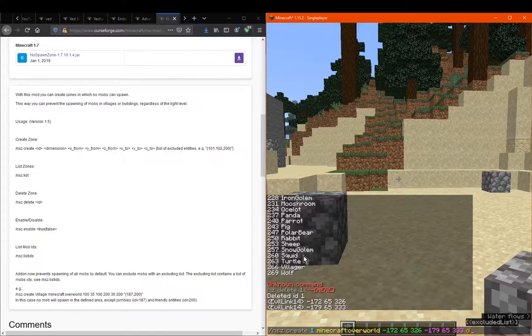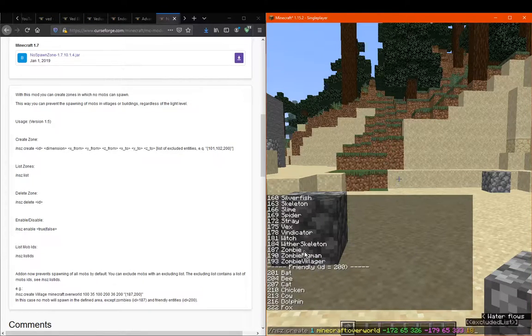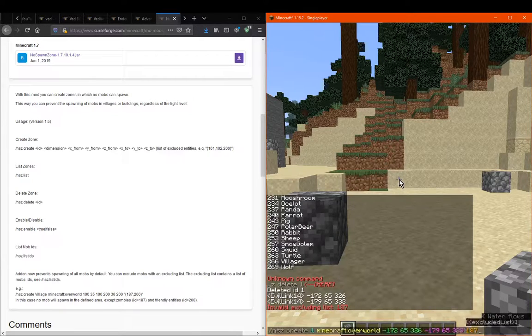So if we want to prevent, for example, a zombie, we can go to 187. I don't know if we can put, we can't do a comma, and we can't do anything else. So putting any other numbers I don't think does anything. So yeah, you can probably only prevent one mob type. Pretty sure. So yeah, so we can prevent zombies from spawning in there,